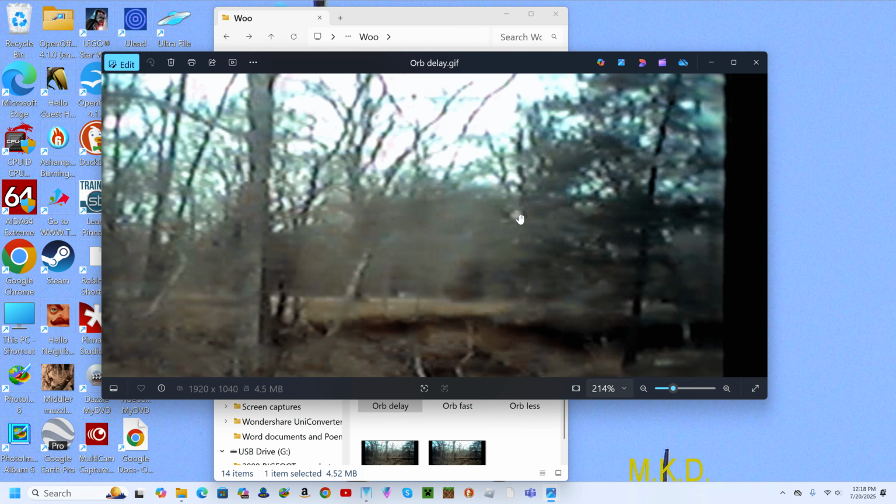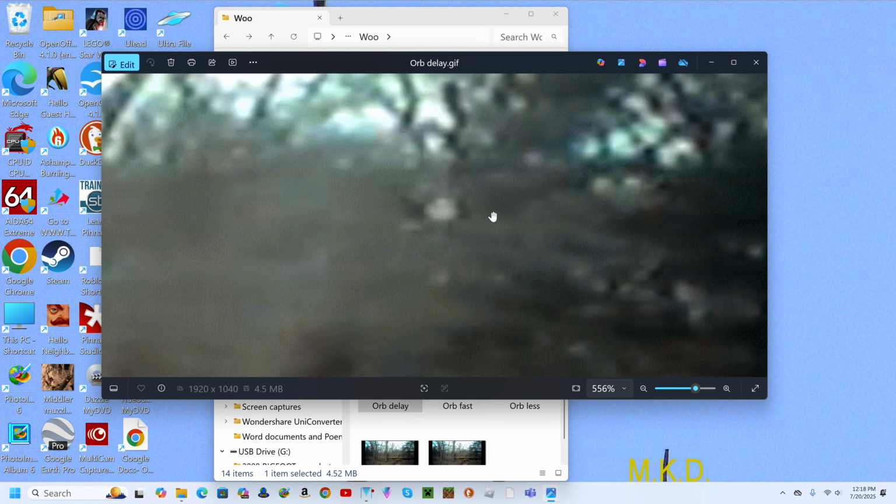Just watch it. There it is. And when that appears, the light appears to reflect off the tree line across the way over there.